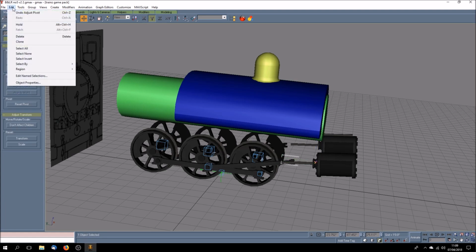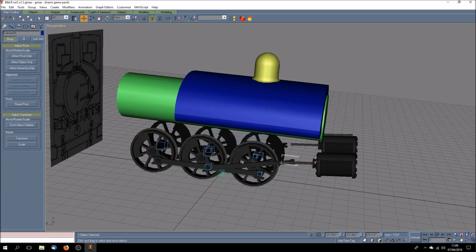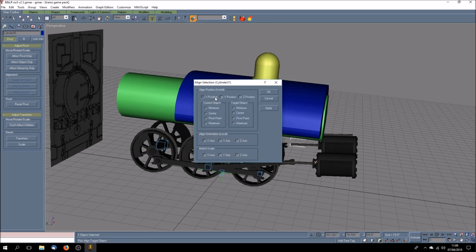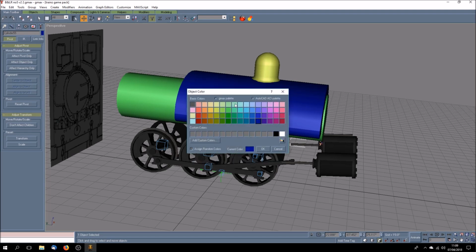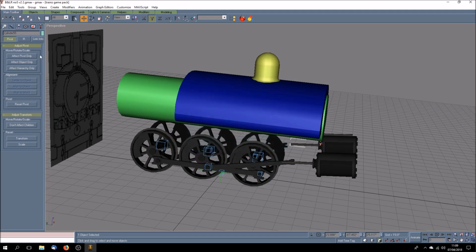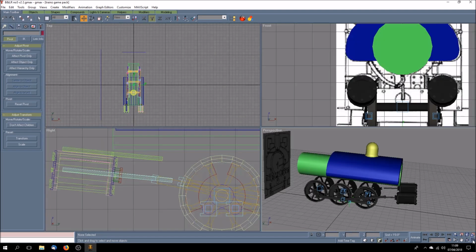Okay, and then I'm going to clone it, and put it over on the other side, and it's just the lateral position that I need on that, and I'm going to give it a different colour so I can identify it. And then I'm going to pick up the blue one and delete it. That's the old one. So we've now got two piston rods, which are hopefully the correct length,